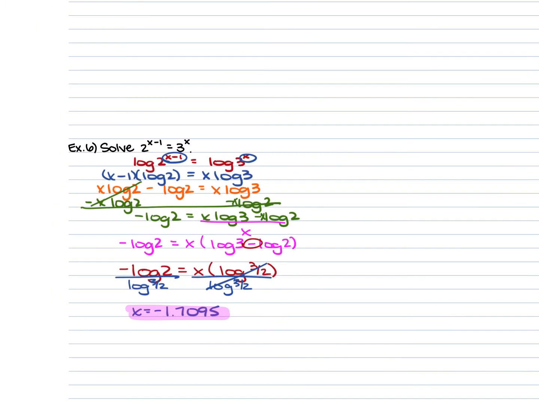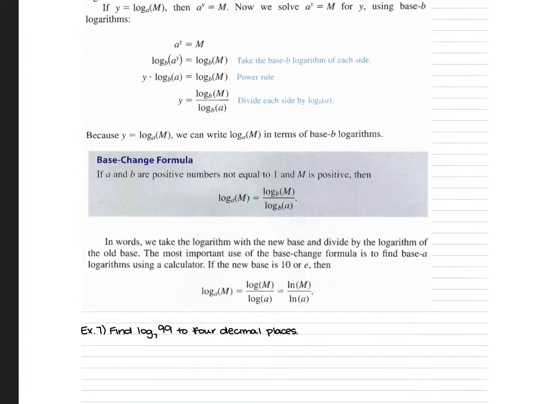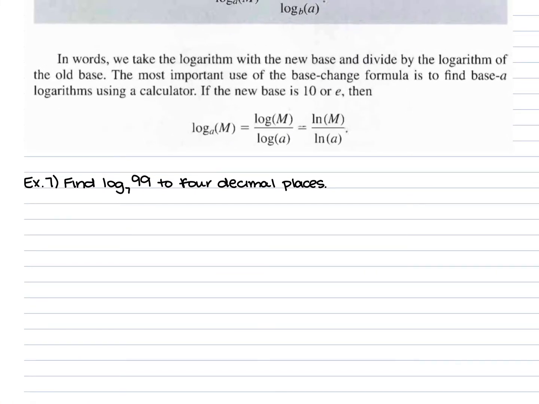So if we look at our last example, it tells us to find log base 7 of 99 to 4 decimal places. When we are doing these and we don't have an actual equation to solve for, we're just simplifying something, and we can't do 7 to the power of something is equal to 99, we're going to take the log of that big number, which is 99, over the log of the base, which is 7. So using your calculator, just do log 99 divided by log 7, round to 4 decimal places. This gives us